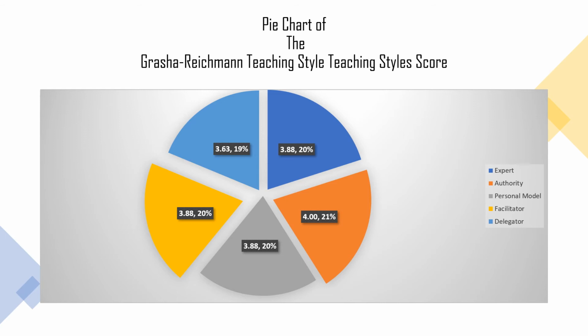I think I lack the art of allowing students to work and learn autonomously, which sometimes is necessary for students to learn to assess their own learning curves. So this is something that I have to look within myself and see ways that I can improve in this area. If I had scored evenly with this, as with the other styles, it would have been a balance for me in my mind with the teaching styles. But it seems like there's the disparity in the numbers with the delegator, and I need to focus more on being a delegator as a teacher.